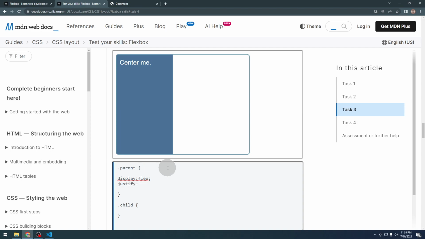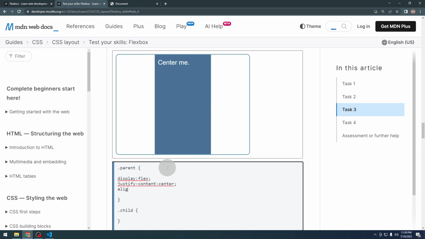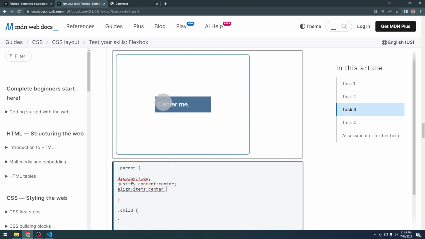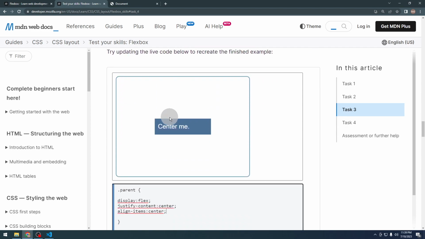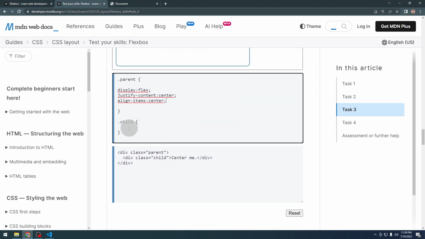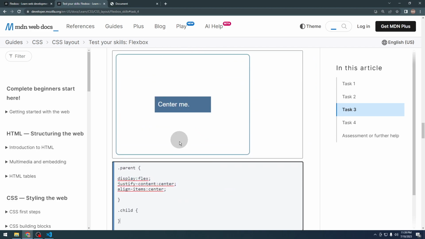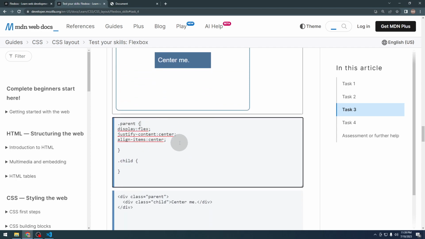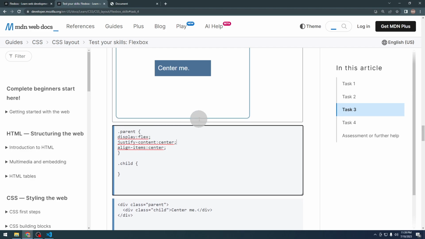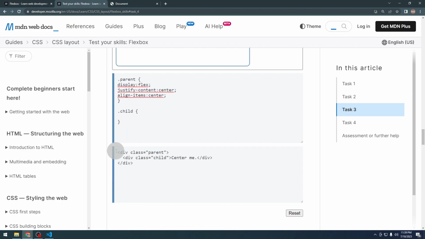Justify content center, align items center. So if you are trying to center a div, this is the div, or the child div. Yes, this one. So we need to center this. If you're trying to center a div, how to do it? Make the parent div, which is this one,